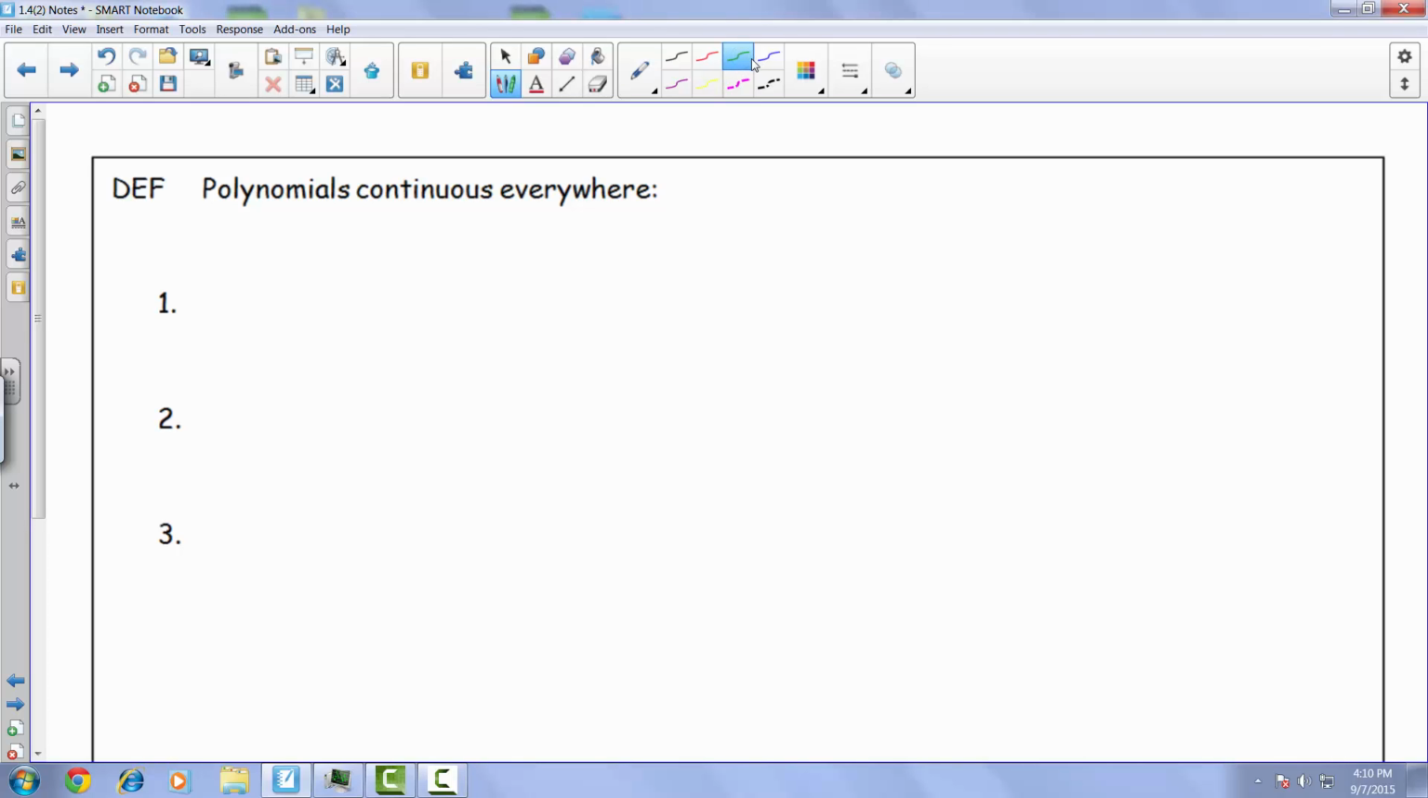Here we are at example 6, but before we dive into that example, we're going to go ahead and look at the definition where polynomials are continuous everywhere. In the past notes, we've seen a really quick definition of it, but this is the formal definition as to why things are working in that manner. So as long as p of x is a polynomial,